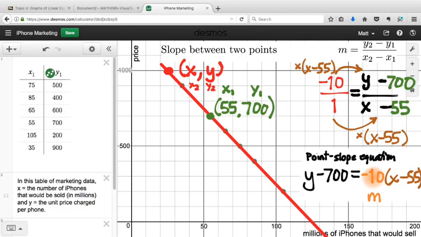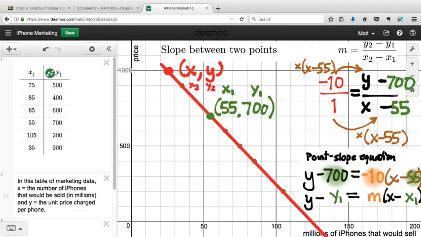calling the slope m. But then we call it the point-slope equation because we can also see the coordinates of this point, 55, 700. Those coordinates are staring at us in the face right here and here. And so the 55 and the 700 are the coordinates, x1, y1, of one of the points on our line. And then everything else is part of the template that makes up this equation, m times the quantity x minus